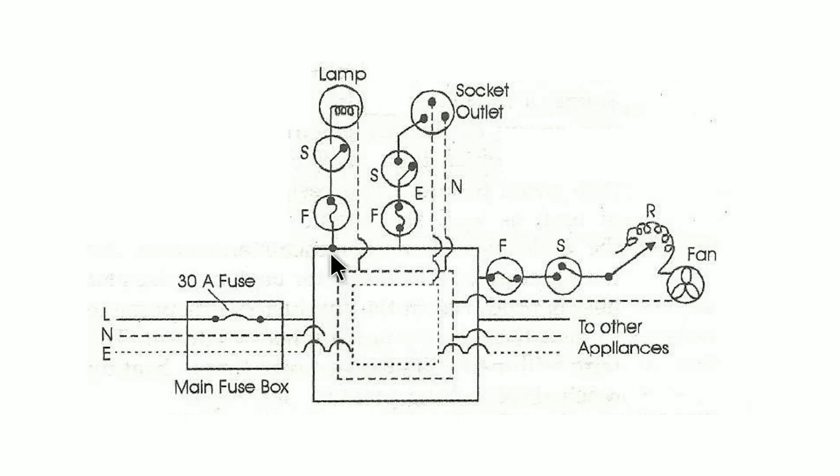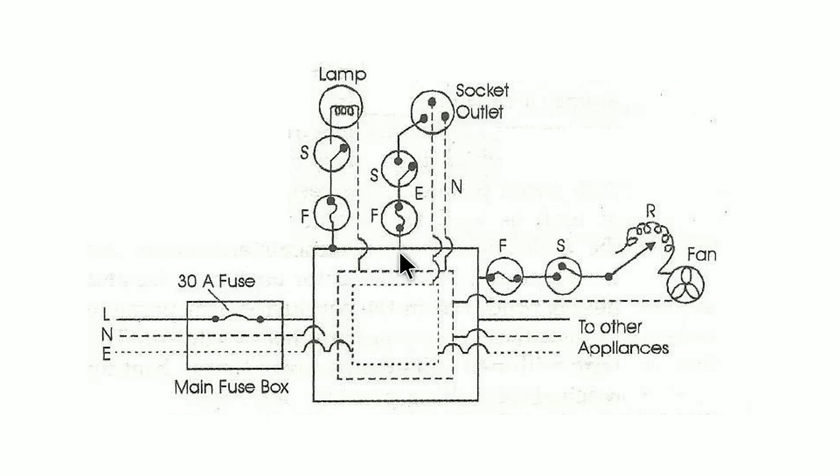Now from one of the sockets, one of the points, let's say there is a need of a lamp at this particular wall. Lamp means a bulb. So over here a fuse is connected in series, and from the fuse there is a switch, and after the switch the lamp is connected, and this is the neutral wire which comes over here. They are connected in parallel, just remember.